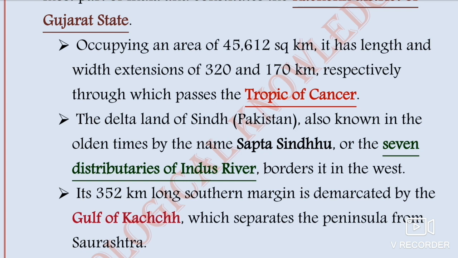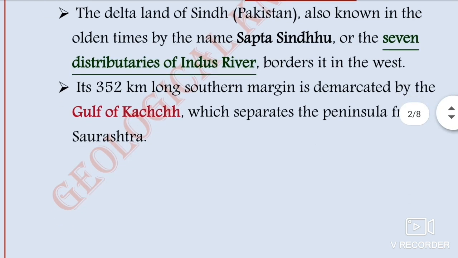Okay, and if we talk about the meaning of Kutch in Sanskrit, it means a land which is intermittently wet and dry, referring to its normally dry and hot land being drenched by the summertime monsoon. So that is the meaning of Kutch. Okay,